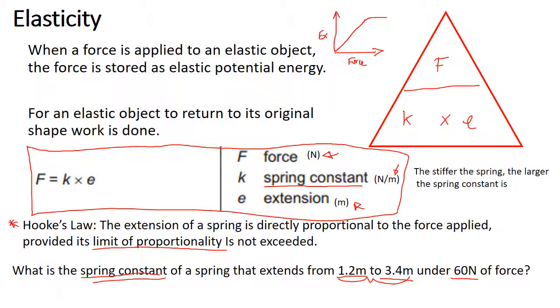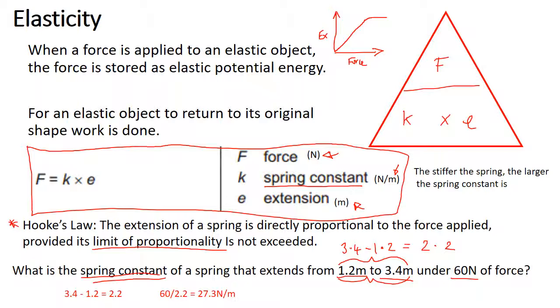Now there is one step you need to do before you can put this into a triangle. You need to get this extension value into a single value, because at the minute it's telling you where it's moving from and to, but it's not telling you overall by how much it's extended. So to do this, you're going to take the final value of 3.4 and take away the initial value of 1.2, and overall this gives you your extension of 2.2. Now you can use this 2.2